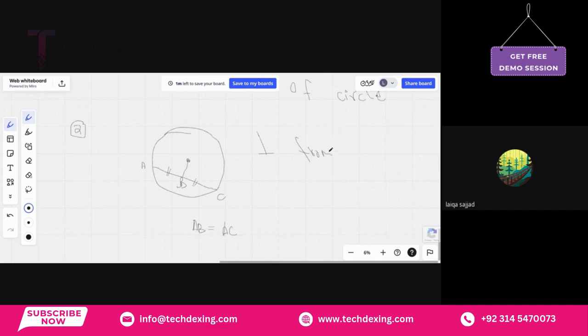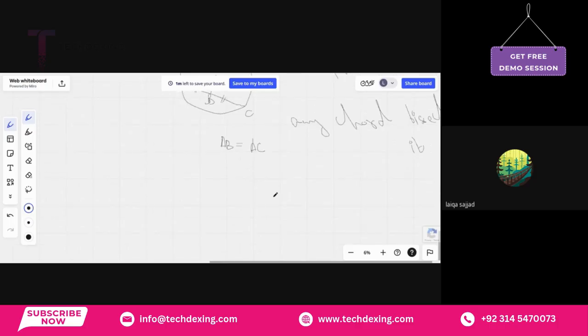Perpendicular from center. Any chord bisects it. Bisects means to divide into two equal parts. Okay, this is the second property. And the third one is